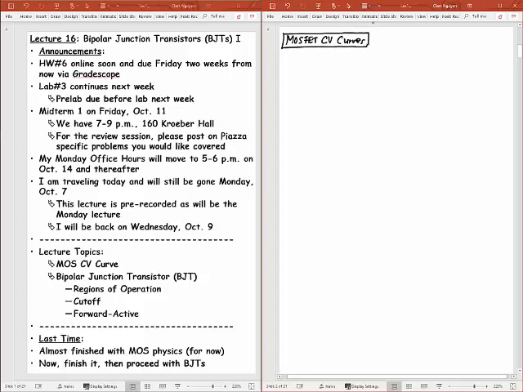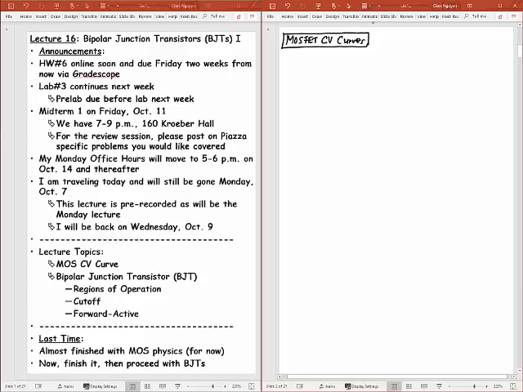I should also mention that since this is a recorded lecture, I'm going to do the MOSFET CV curves sort of in real life. But when I get to the bipolar junction transistors, since I'm not really lecturing in front of anyone, I'm just going to splice in the lecture from last year. I want to tell you that because in those lectures you might hear questions, and so you won't have to wonder who's asking questions when I'm sitting here all alone doing the lecture. I'm basically splicing in last year's lecture. That also will be a little more informative to you because some of those questions could be very good.